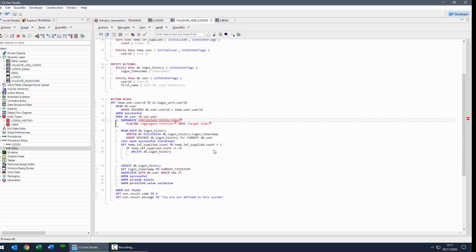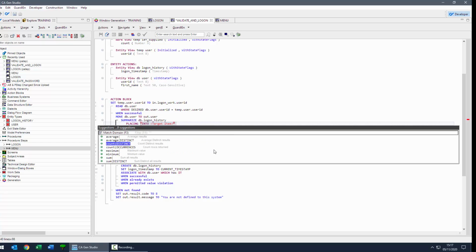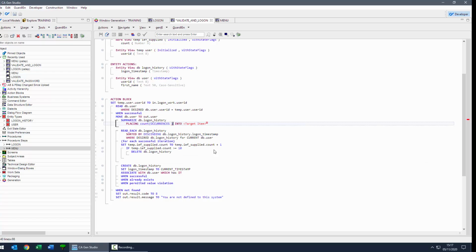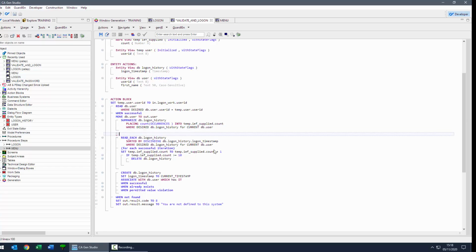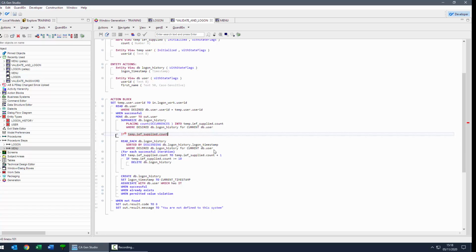So I could summarize my logon history, placing the count into there where the logon history is for the current user, and then if the count is greater than or equal to 10,